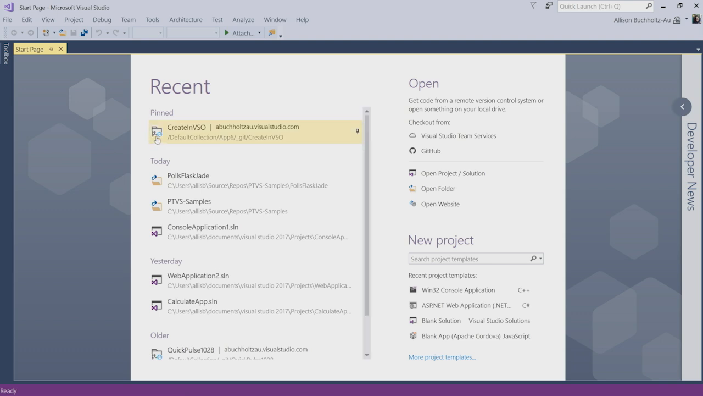But most interestingly is perhaps this pinned one that has an icon that you probably haven't seen before. This is what we like to call a roaming remote item. What's important to understand about this item is that it's not currently local. Rather, it points to a project that's hosted in the cloud, for example, on VSTS or GitHub. To make this a little more concrete, let's take this first item. Create in VSO is a repository I cloned